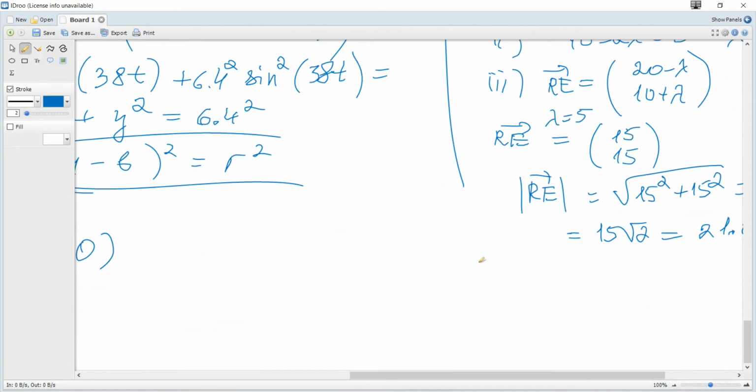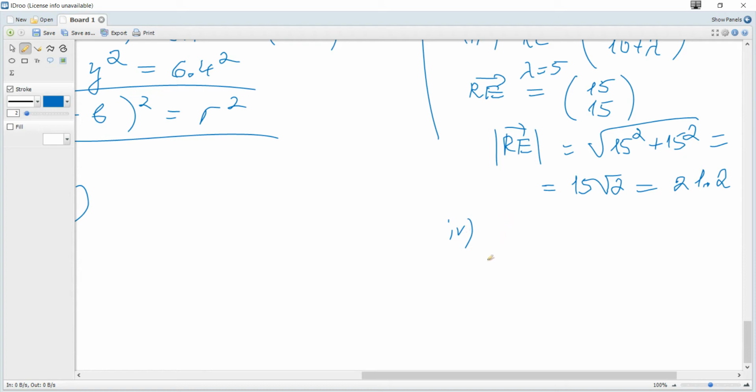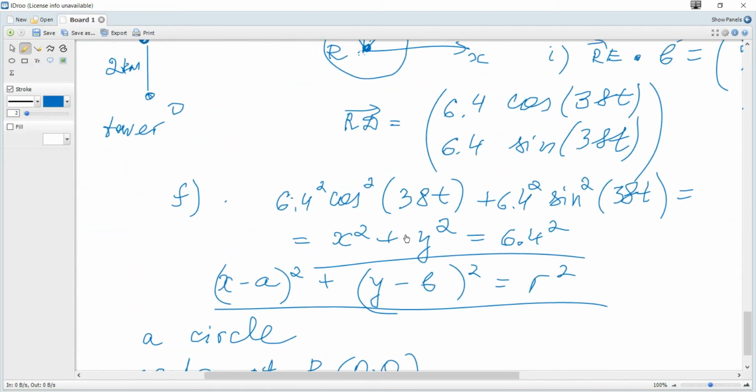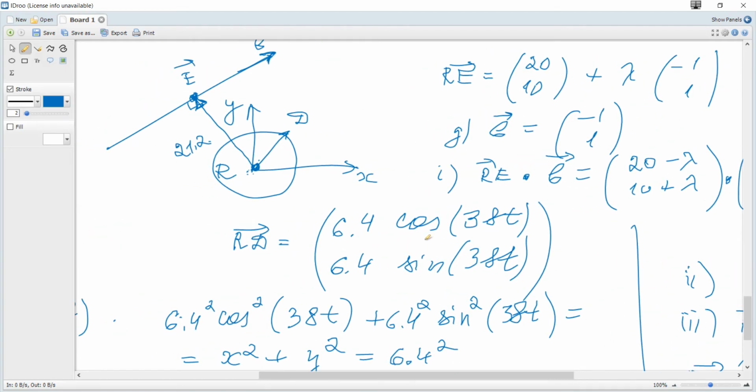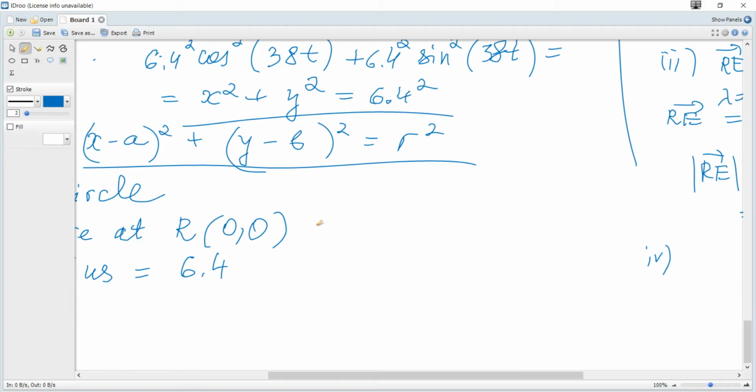And the last question: show that D and E will not break the air traffic regulations for any value of t, 2 marks. Actually we can see that the closest possible distance of E to the origin is 21.2, but since D is moving in a circle, this distance is 6.4, and we can see that the least possible distance between them,